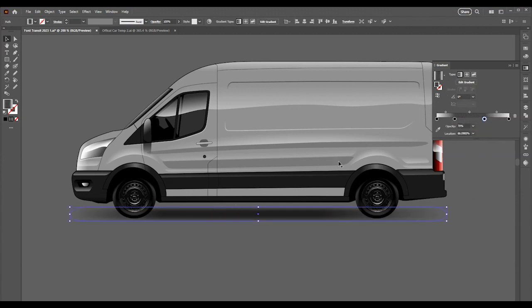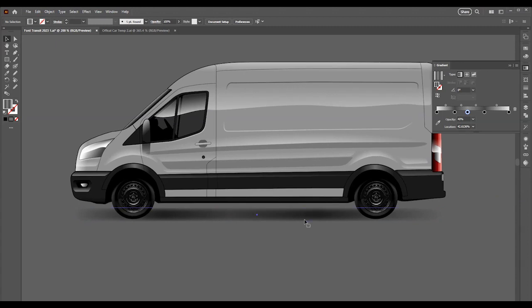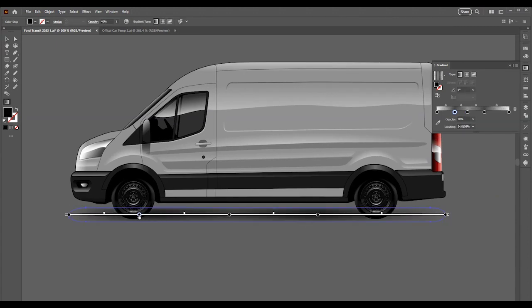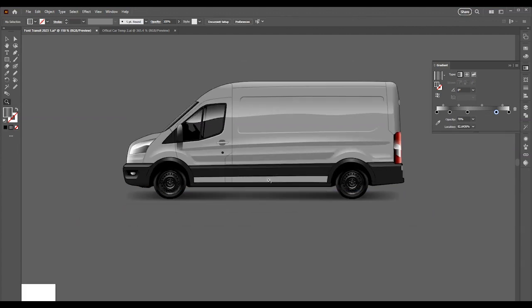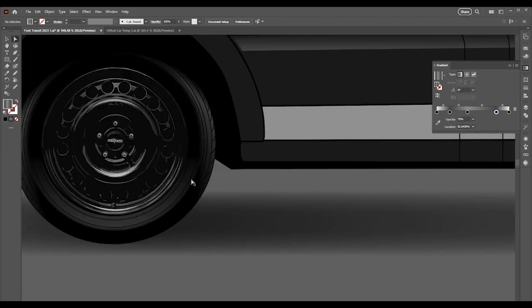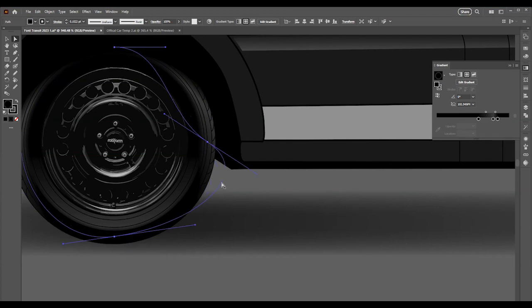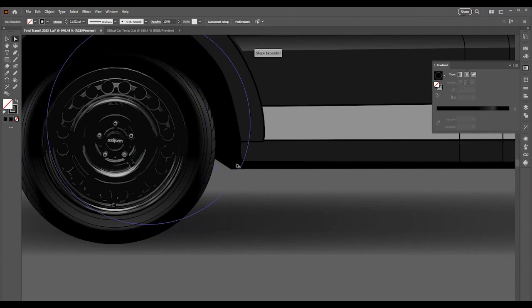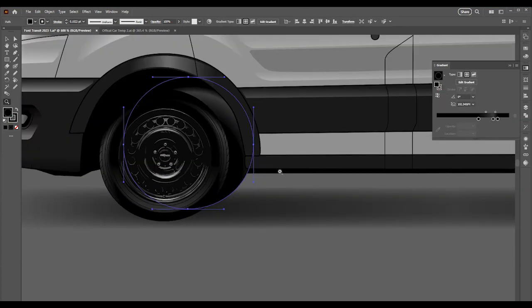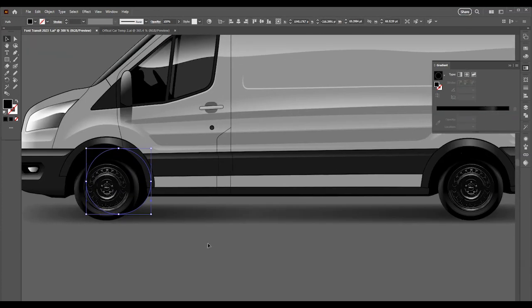No, it's not going to be good. Let's make it like 70. Yeah, something like that. But then it looks really dark here, so let's go here. Just make it like 40. You just need to play around for each vehicle, make it look cool in each one, and there you go, simple way. Another cool way you can do is just